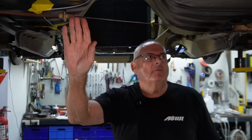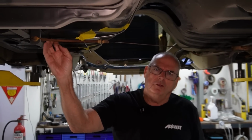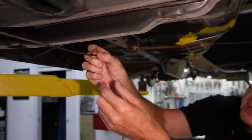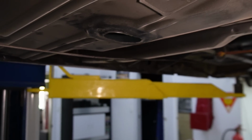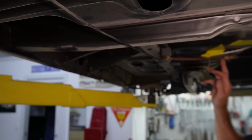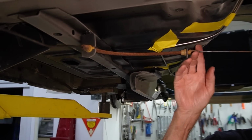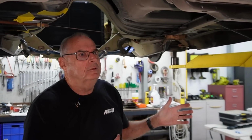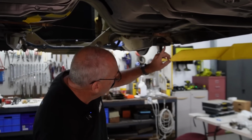The reason I've got the handbrake back on now is I just want to make sure I've got everything, and I've pretty much made up my mind I'm going to use the original cable, because the actual plastic coating and all on the cable is very good. This car hasn't done a lot of kilometres. I reckon I'll wire wheel these up and paint them, and then all of these fittings will clean up nice. So I'm looking to use that because I see so much information about a lot of the reproduction stuff that's not as good as original, and I've got a good original cable here, so I'm going to use that cable, and then I'll get these re-zinced,